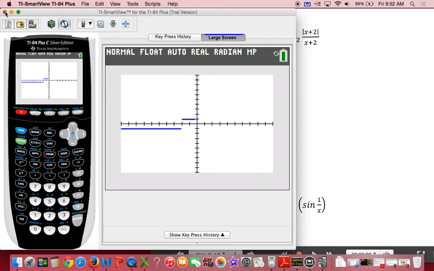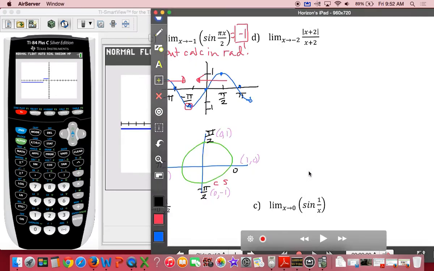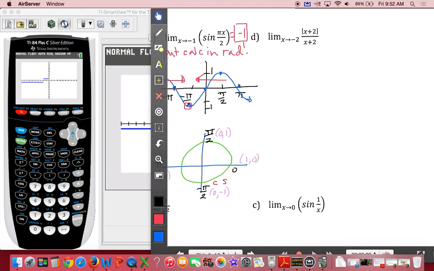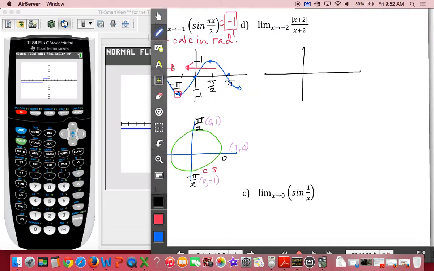Terrific. I love it when technology doesn't work. Okie doke. Well, while it gets to thinking, let's go ahead and graph it over here. It'd be helpful if I had it on graphing. All right, so according to our calculator before it pooped out on us,